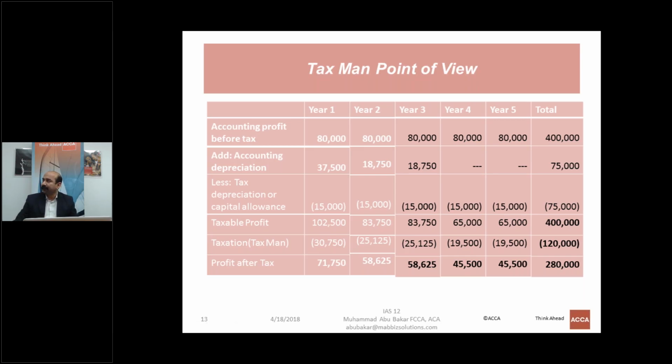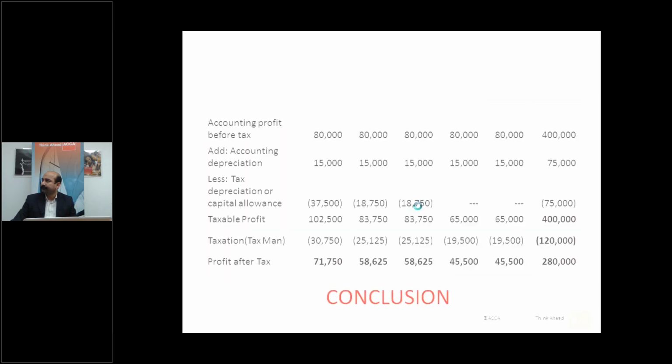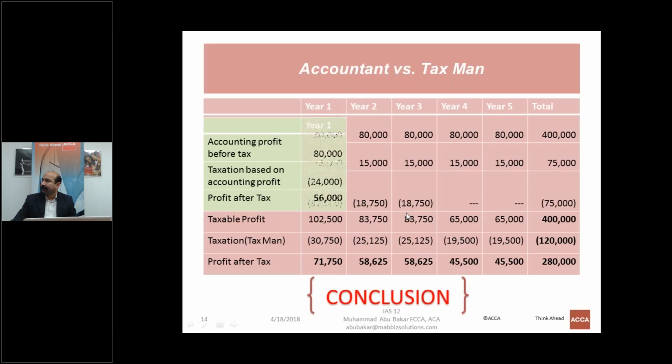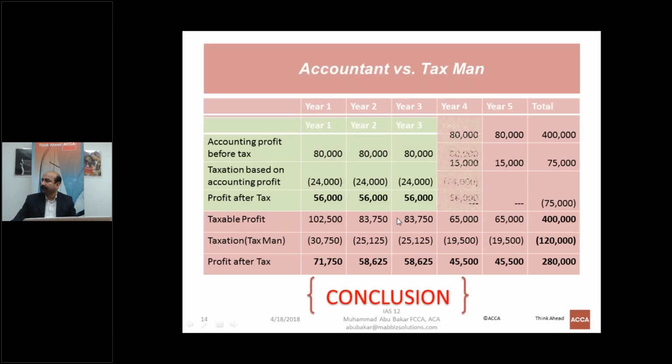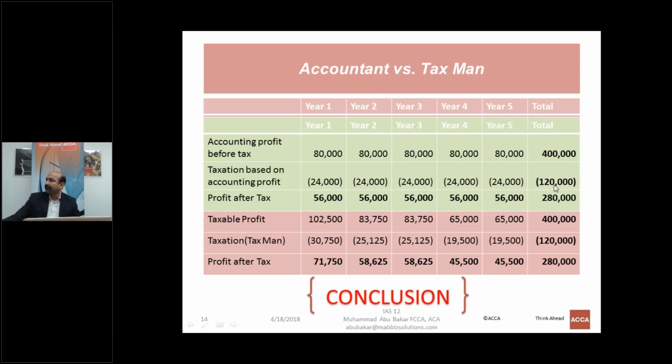So if we just compare it with accountant results, accounting profits, you will see that the cumulative picture is the same. If we look at the total column, we will find that all figures are the same from the accountant point of view as well as from the tax person point of view. What is the difference? The difference is